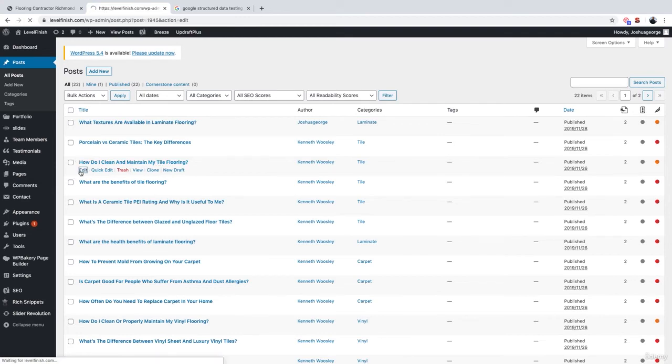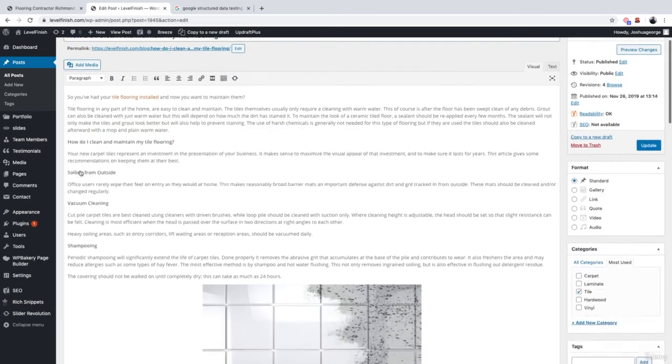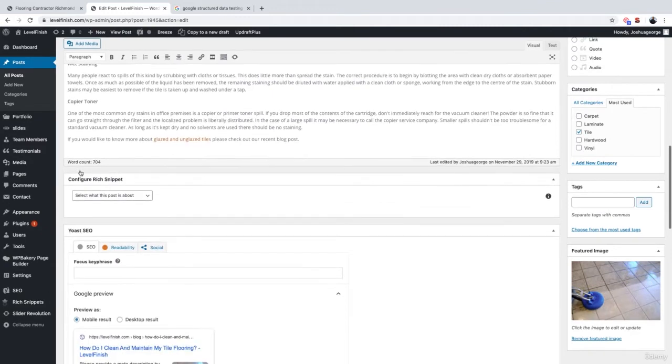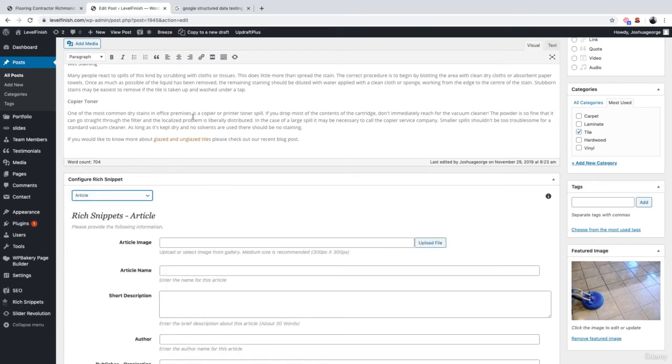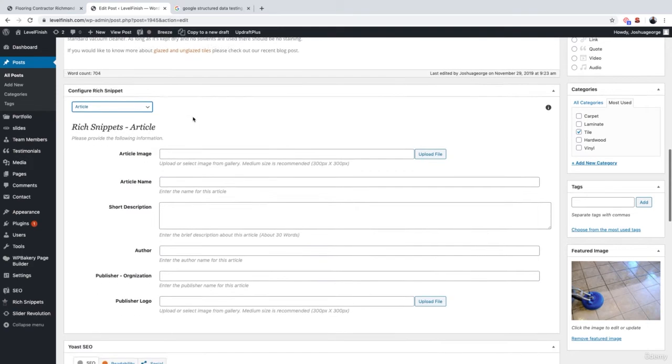Let's click edit. And once the page is loaded, you can scroll down and there should be an option like so, configure rich snippet. This is added because we now have the plugin on our WordPress website. The first thing you want to do is determine what type of schema you want. So let's click the drop down menu and then go for article. As I'm adding schema to this article, the next thing I need to do is simply fill in all the